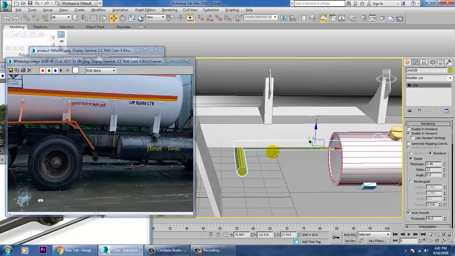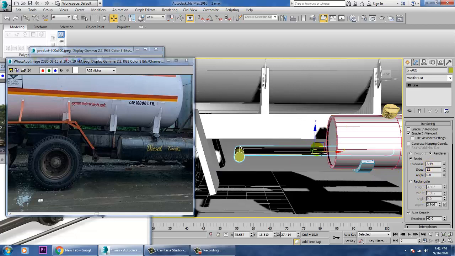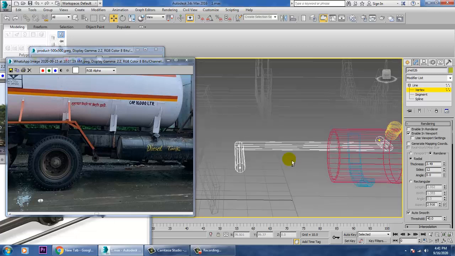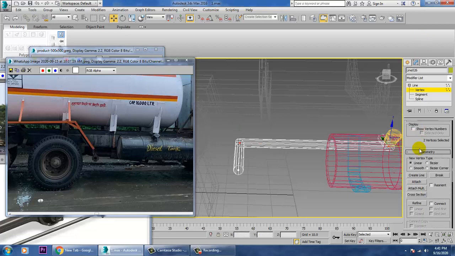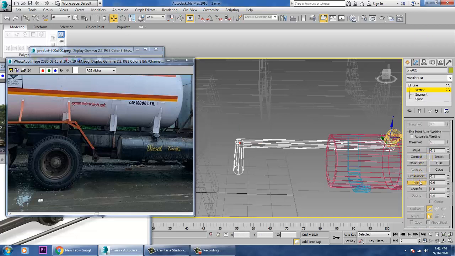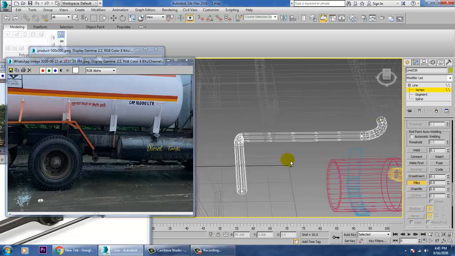So now convert to editable poly. Before that, I'll just select the vertices of it and I'll give a bit of fillet to it to make it smoother. So let's just give a fillet.